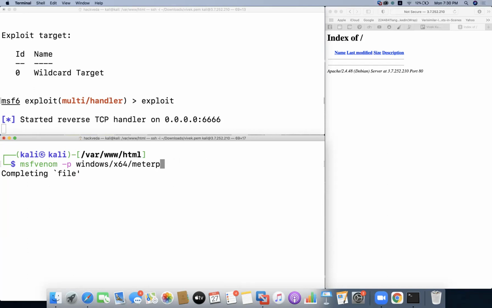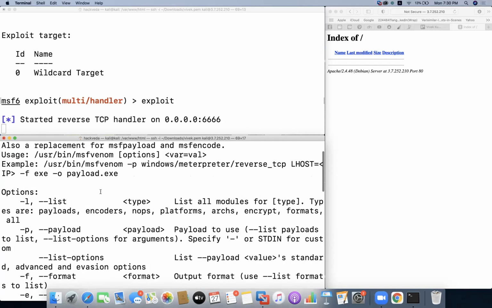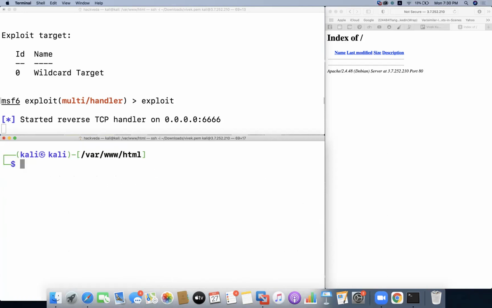I'll do one thing. Let me just clear it once. Okay, and I'm going to use msfvenom. I'll show you once again. I'm just checking whether he used any slash before. So no, it has direct access to the windows directory. So I'm going to use it like that. So I'm going to call msfvenom. -p stands for payload. So I want to select a Windows payload, which would be of x64 type. The payload type is Meterpreter, and it is going to create a reverse shell connection, reverse TCP, to an IP